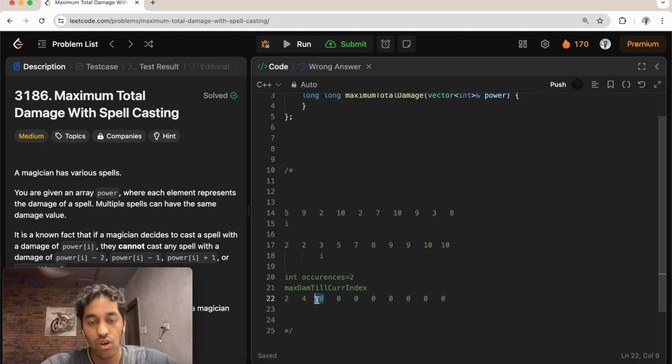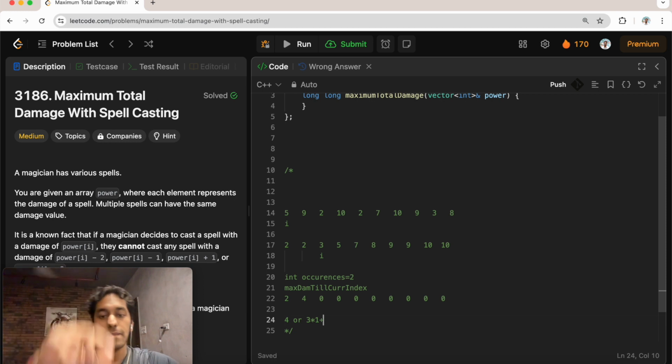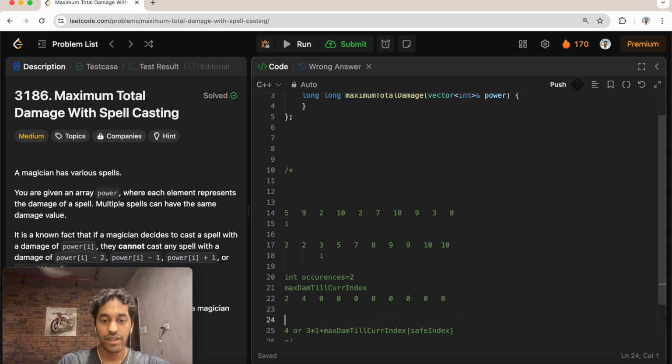I can have 4 here, or I can have 3 into its number of occurrences, that will be 1, plus the maximum damage till current index of a safe index, I'll call it. This safe index is something